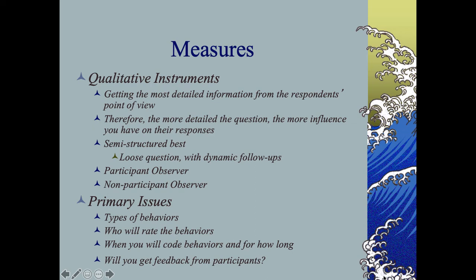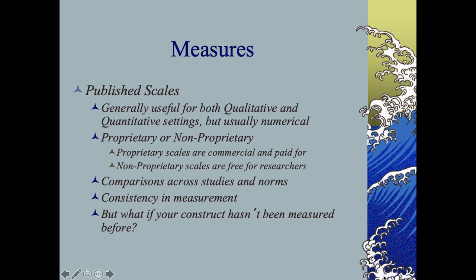For the different types of studies we have, qualitative versus quantitative, we tend to use different types of measurement devices, right? So interviews, things like that, observation, structured observation, rating forms, daily diaries, maybe for more qualitative sorts of studies. Quantitative studies, we tend to use the published scales, right? So like the Rosenberg self-esteem scale from 1970, whatever. You would use that and ideally put it in your appendix of your individual proposal.